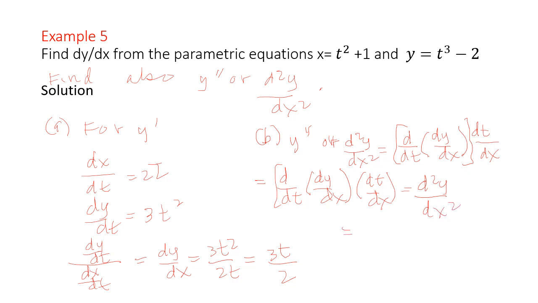This equals 3/2 times 1 over 2t all over, or equivalent to 3 all over